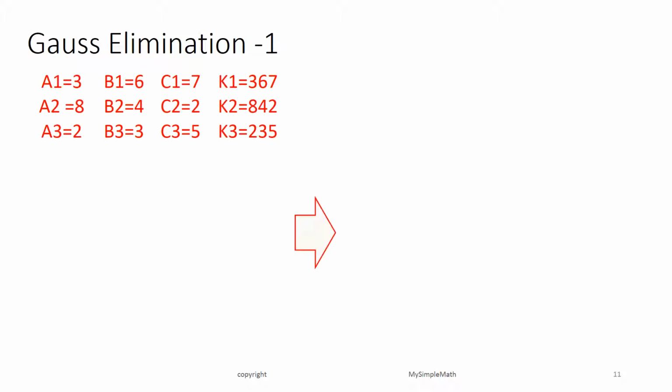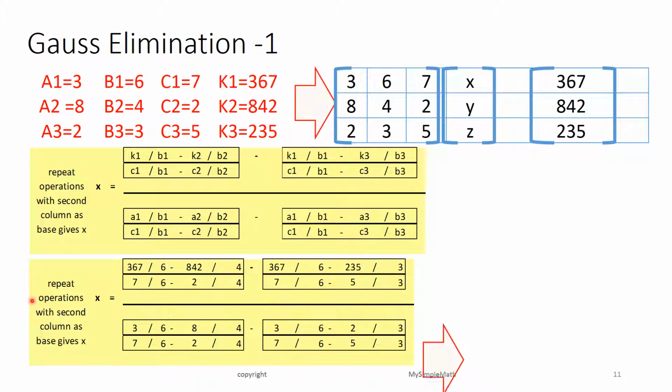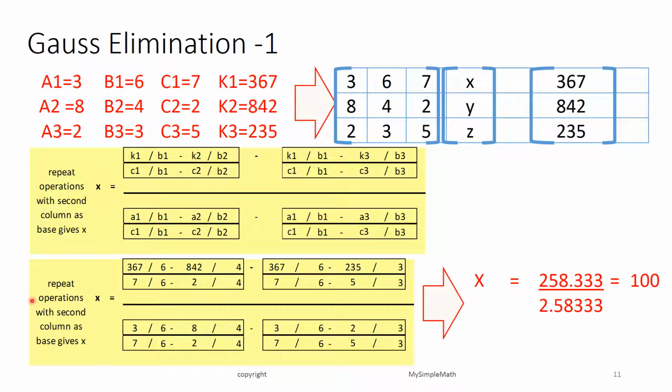Since we are dealing with experiments to explain math concepts, let's put in some numbers in the equations above and check the results. The equations that we had were a1, a2, a3, b1, b2, b3, c1, c2, c3 multiplied by x, y, and z to give k1, k2, k3. I took the numbers as a1 is equal to 3, a2 as 8, a3 as 2, b1 as 6, b2 as 4, b3 as 3, c1 as 7, c2 as 2, and c3 as 5. They yield the numbers